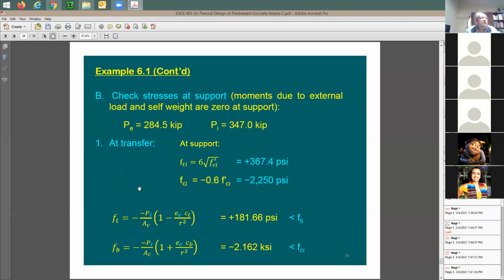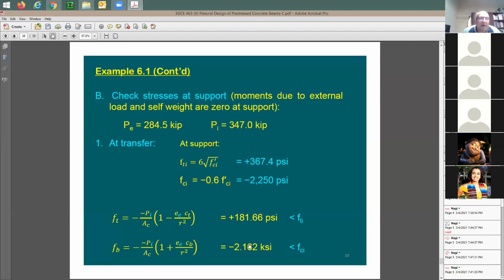Let's look here for the stresses at support, because we have also stress at support, stress in the middle. So we're going to be checking the stresses here at the support. And of course, we have a little bit of different limits, and we have all the limits in the first two slides. We check the stresses at the time of transfer initial, and we're still okay. I mean, nothing is wrong with this. Here's allowed. Here's allowed. Look at this. 367, 181. 2250,